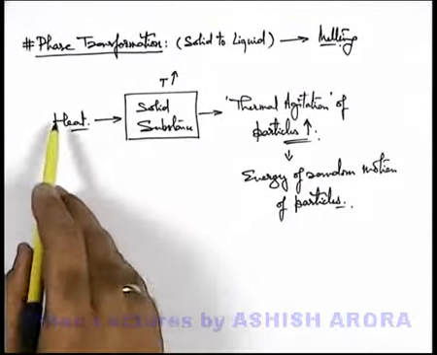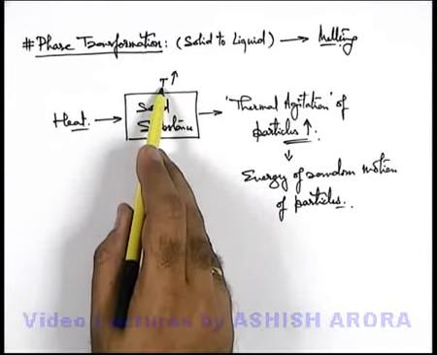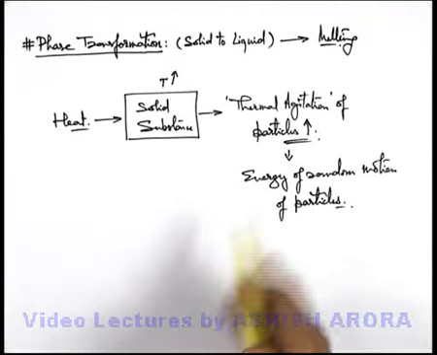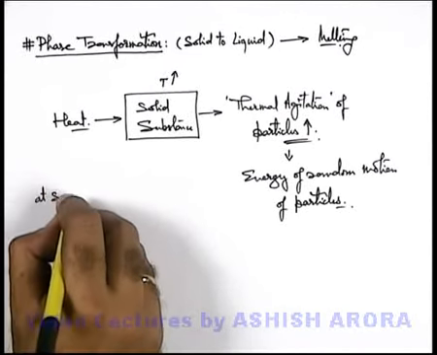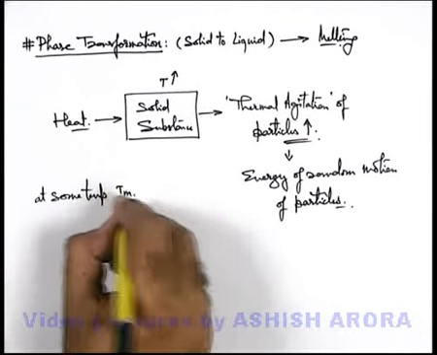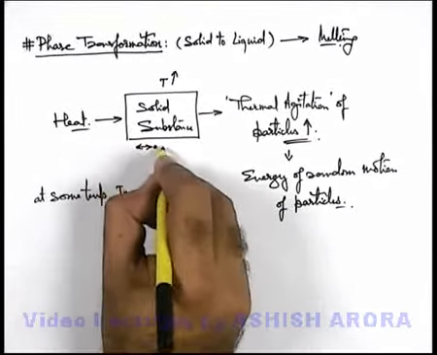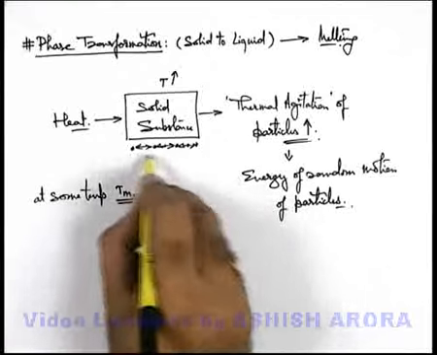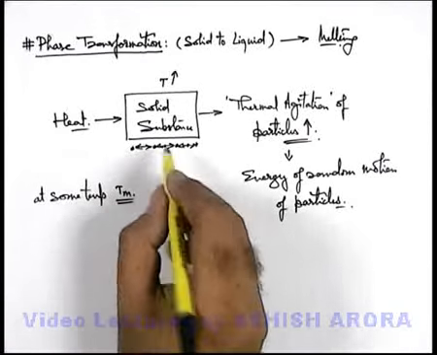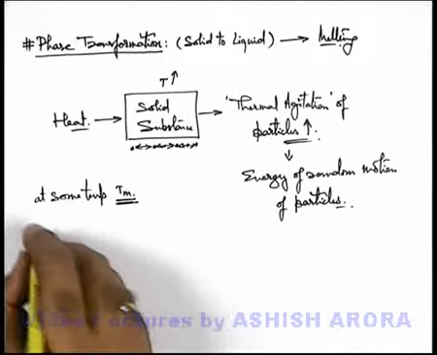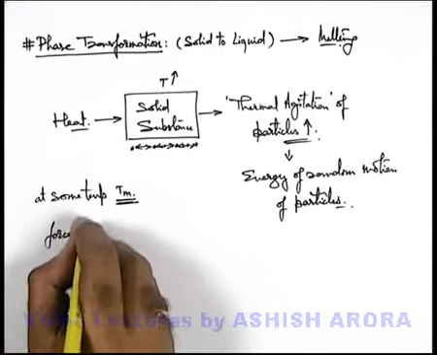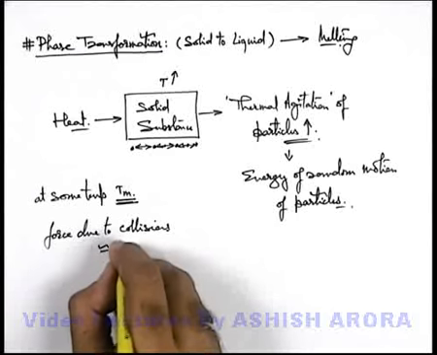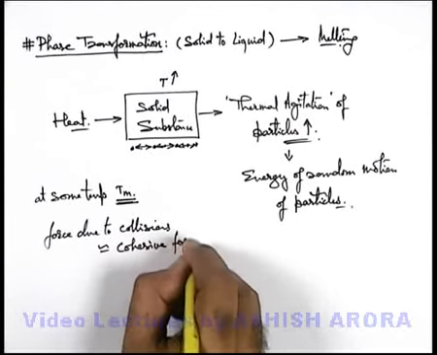Now in this situation, as heat is supplied, its temperature increases and continuously the thermal agitation or energy of random motion of particles increases. At some temperature, we can state Tm, when the particles collide with each other, due to continuous collision between particles of the substance, they exert force on each other. And we can state a temperature Tm is a temperature when force due to collisions becomes approximately equal to cohesive force